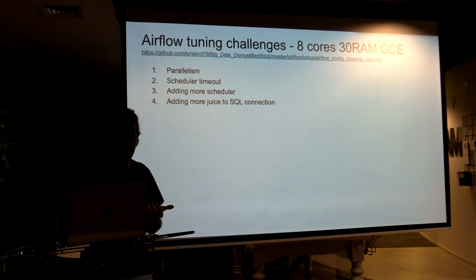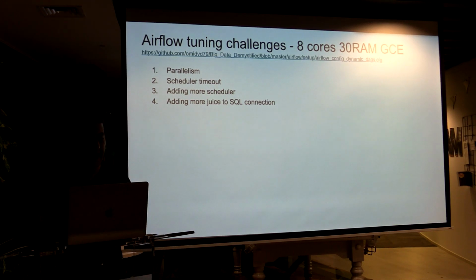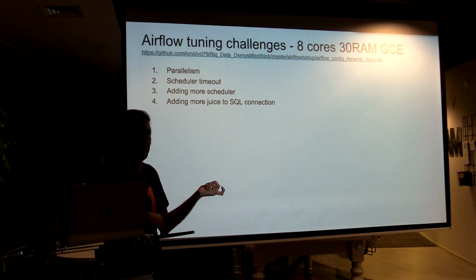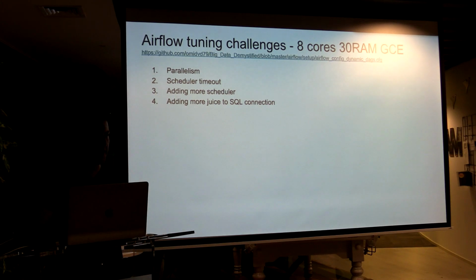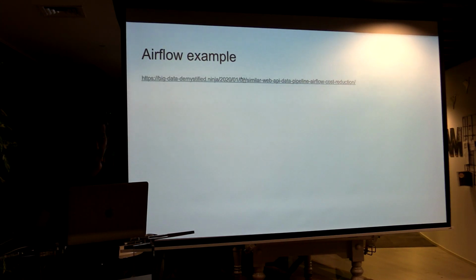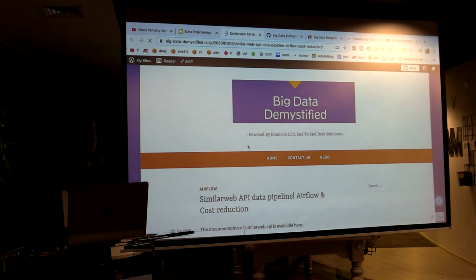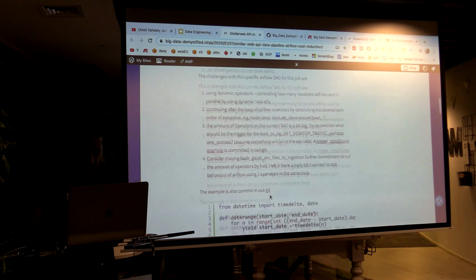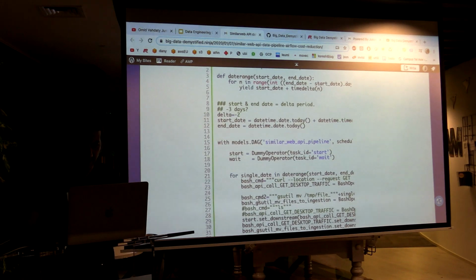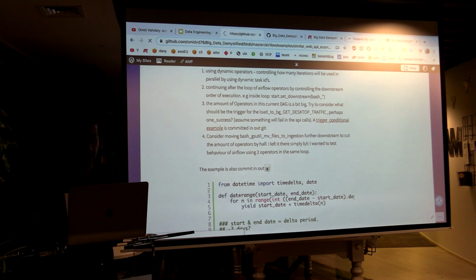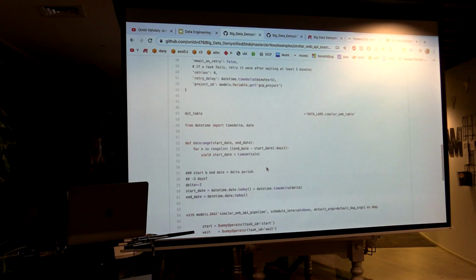And that accelerated everything. And I added more juice to the configuration, allowed connections for the SQL in the background. It was bottlenecked to 10 or something. Increased everything without discrimination, added double zeros just to get something running and tune it later. And apparently that did the trick. So the full example of the Airflow is also committed in the blog, detailing all the challenges. Also committed to my Git.